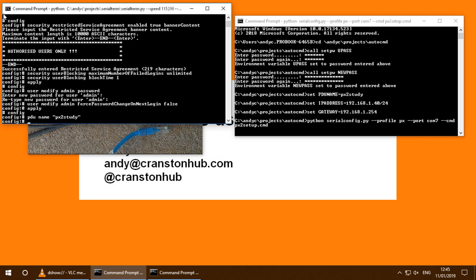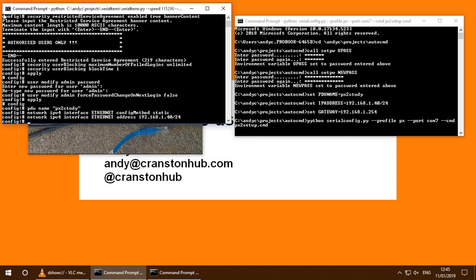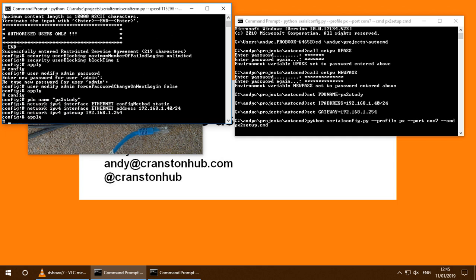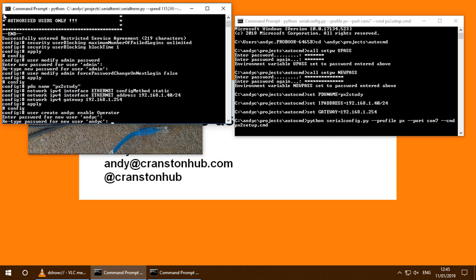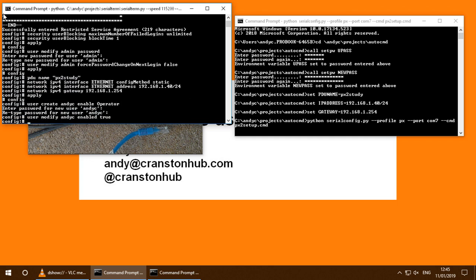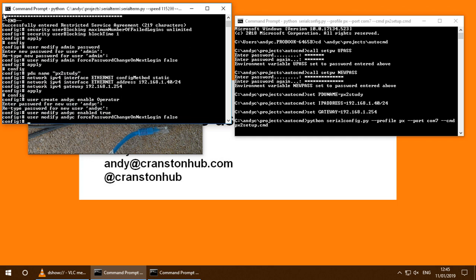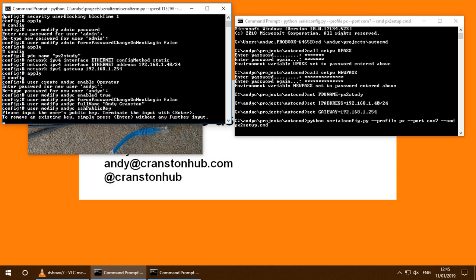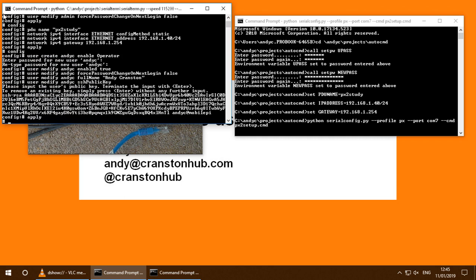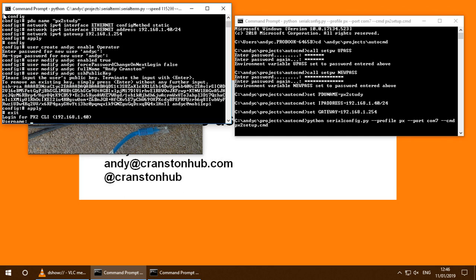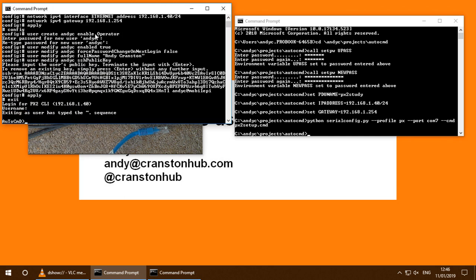It's now setting the PDU name and its IP addressing information. It's now setting up a new user called Andy C with operator role. And it's also going to install my SSH public key as well. And that's it finished. Now if I try and ping,